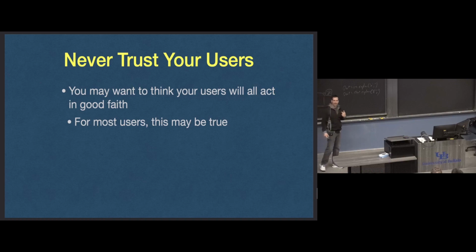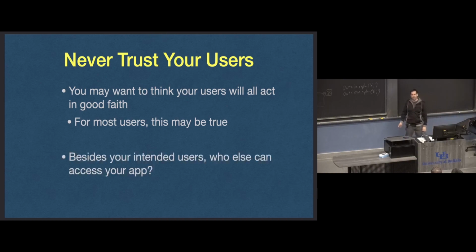And, okay, well, but my users? There's no one like that among my user base, right? Okay, maybe your users are all legit, and they're like, okay, I'm happy using this app. Why would I want to do anything bad to this app? But you know what? Who else has access to your app besides your intended users? Everyone. Everyone with an internet connection has access to your app. That's why you built a web app, right? So it can be easily accessible from anywhere on the planet.